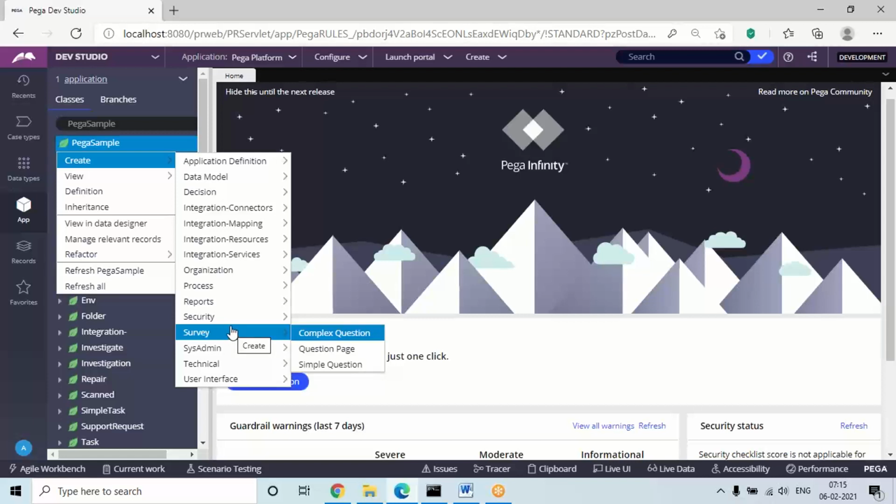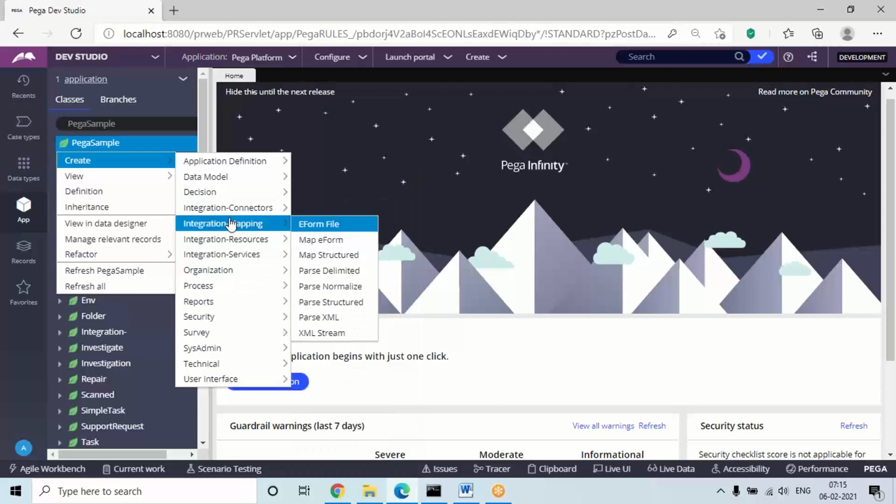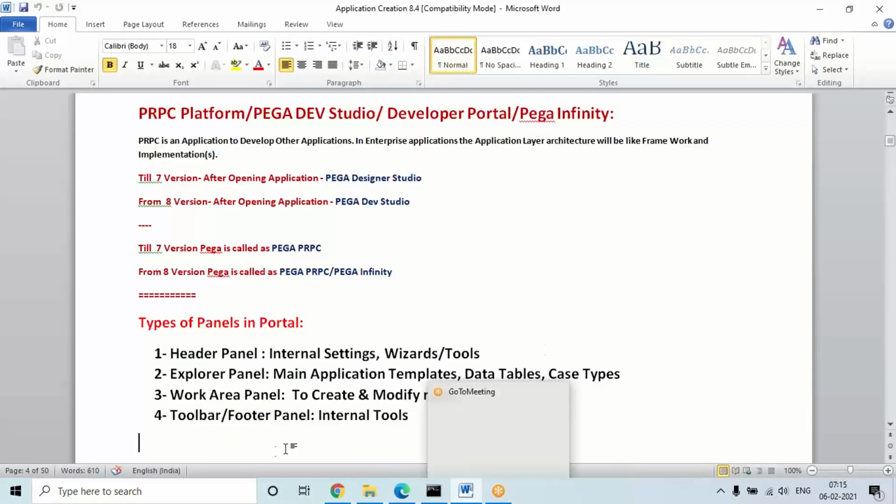Already everything is available in the form of rules here. So the only thing is we are going to reuse the templates and complete the design according to the specification and the requirement. That we are going to learn and implement in real time. That is the thing we are going to completely learn in this training: how to use all these rules and how to use them in the design of the application. Step by step, in the entire training, we are going to understand that.